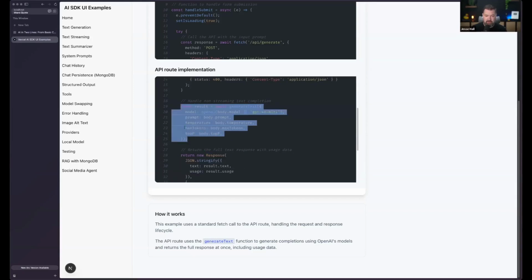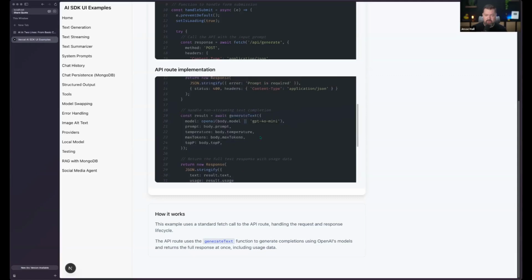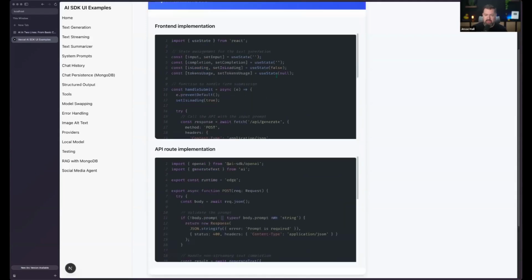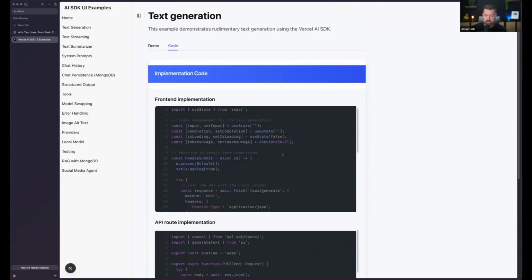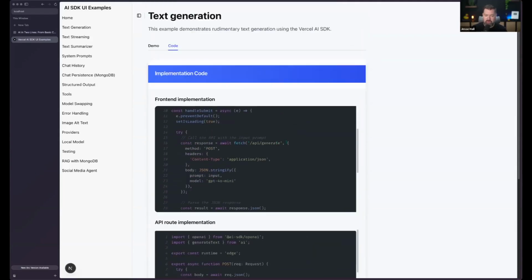This is just a few lines of code that we would normally have to write much more code to do. And then on the front end, what's amazing is we are just using a standard fetch to this API endpoint. Again, AI is just an API. We can just fetch from this generate endpoint and get the response from our prompt.